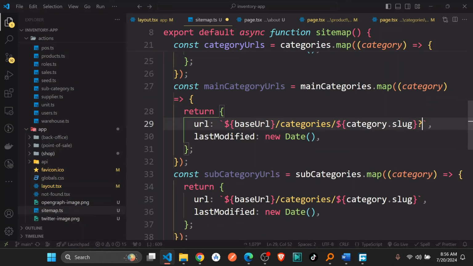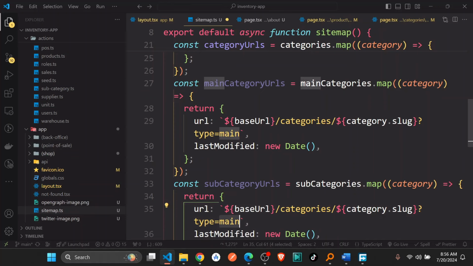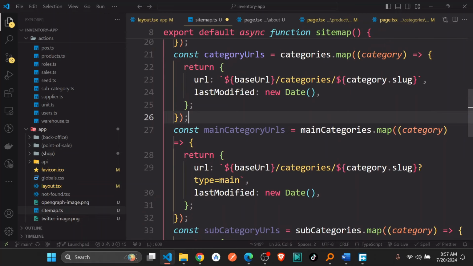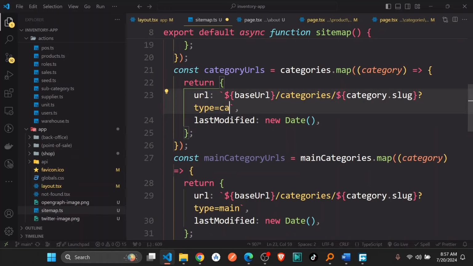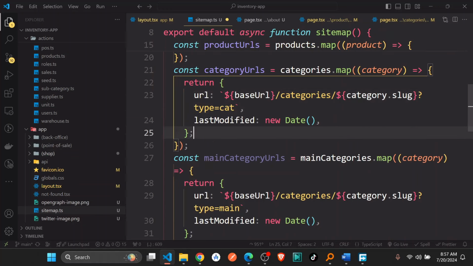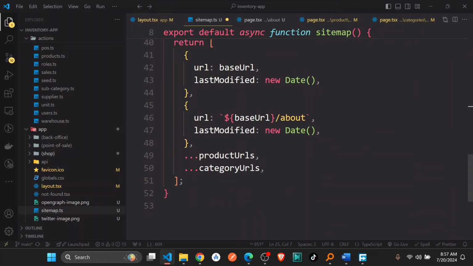I'm just going to put question mark type just like this, and this one still is counted as a URL, just like that. Okay, now for all of them, if you want to add, this one is type sub, and the other one is type cut. So I could just add type cut, just like this. So now after getting all these URLs, I'm just going to come and I spread them